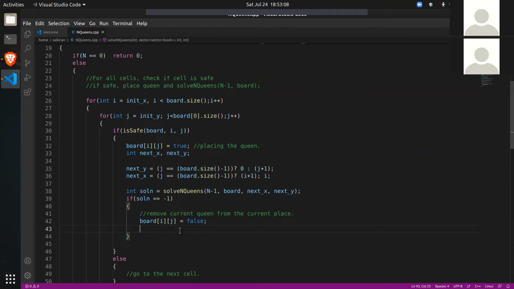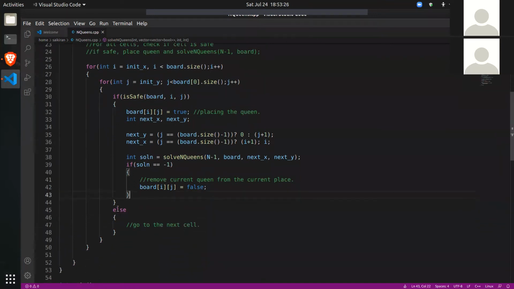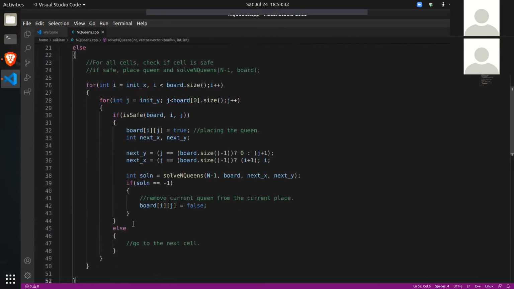That will happen anyway because this for loop is there, no? It will just go to the next position. So if solution is false, then do this. If, just a second, are my parentheses all correct? Okay, okay, okay, guys. Slightly got confused with the parentheses.